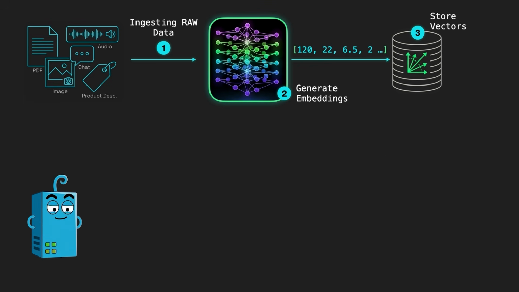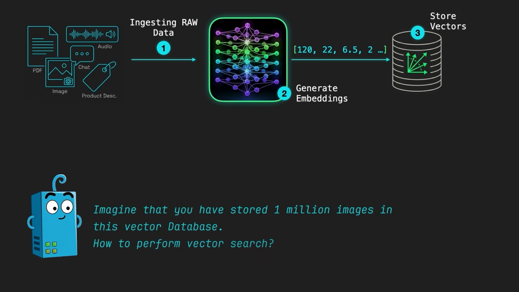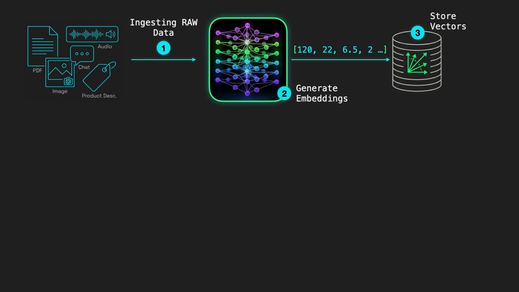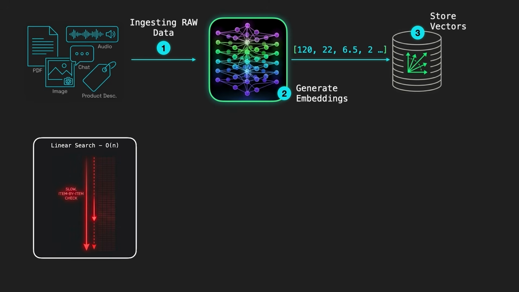Now, I want you to pause here for a moment and imagine that you have stored 1 million images in this vector database. Now, to find the most similar images to a query image, you will have to search through all the 1 million images, and that would be a very slow operation with a complexity of big O of n,